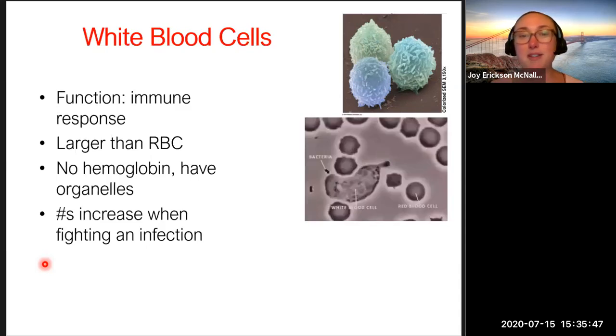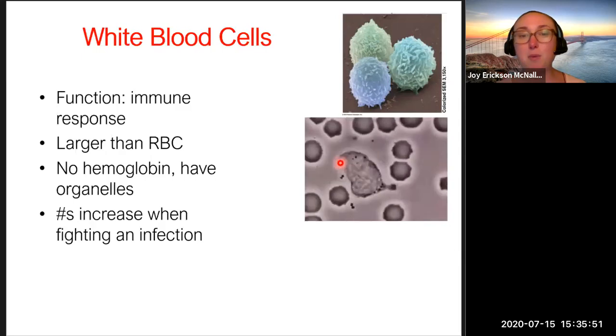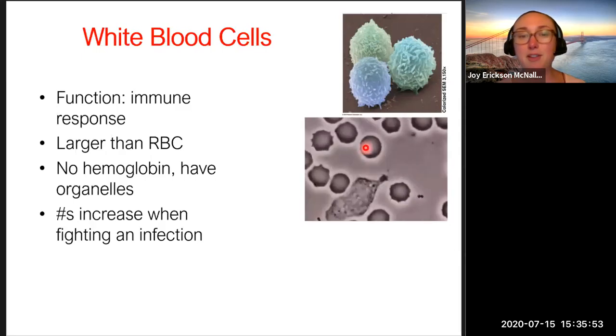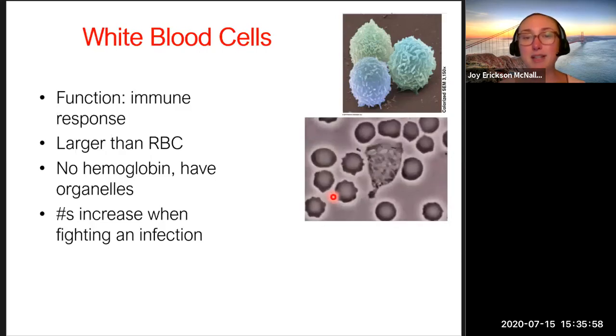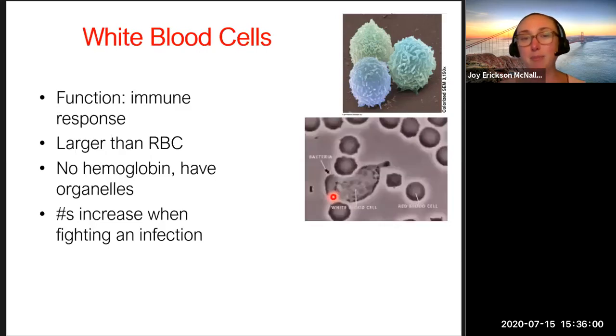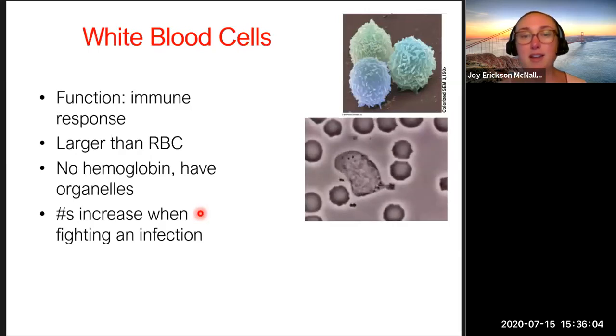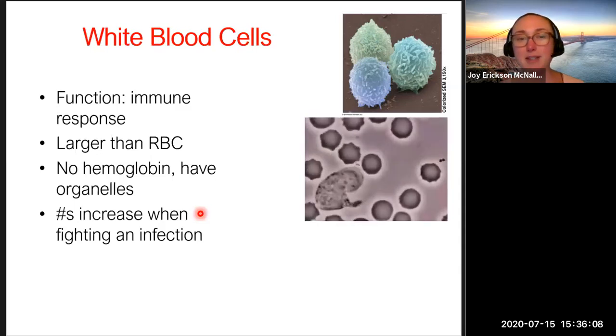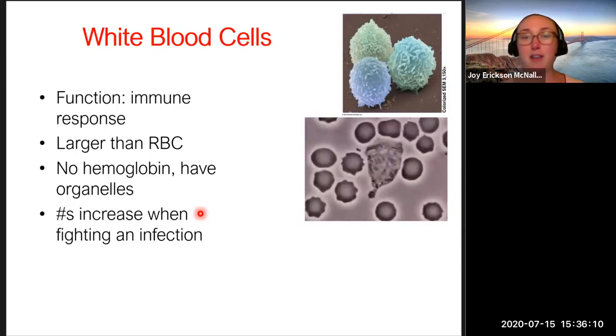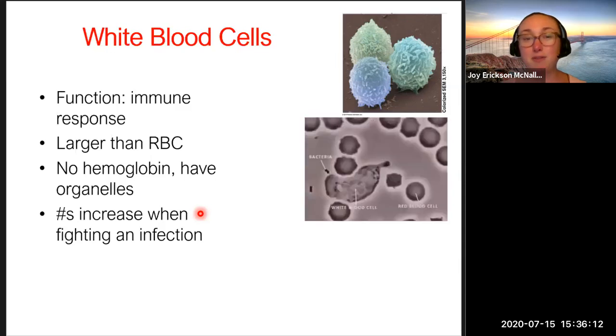Now let's see if this will work. I did make a GIF. So this is a GIF of that picture. Here's the video I mentioned previously. So here's a white blood cell crawling around. These are red blood cells, and these little red-black dots here are bacteria. This is a white blood cell crawling through blood, probably on a petri dish, hunting down that bacterium. Let's see if it goes again. There it goes. So it's crawling around, it's amoeba-like, going after that bacterium, and eventually it will phagocytose it and neutralize the threat, if you will.